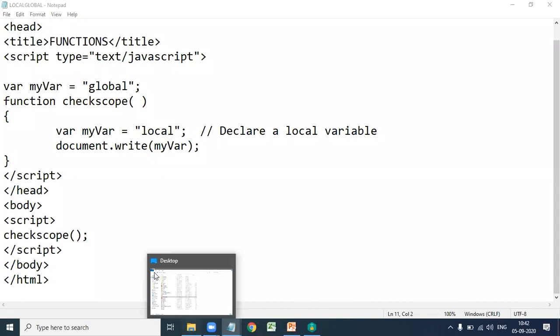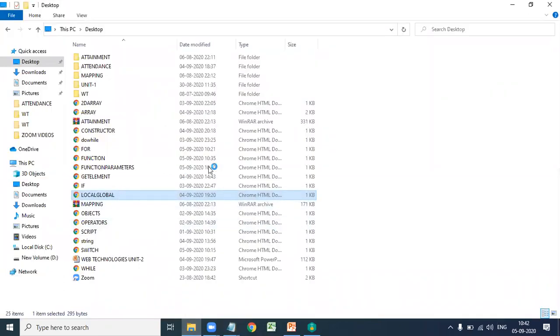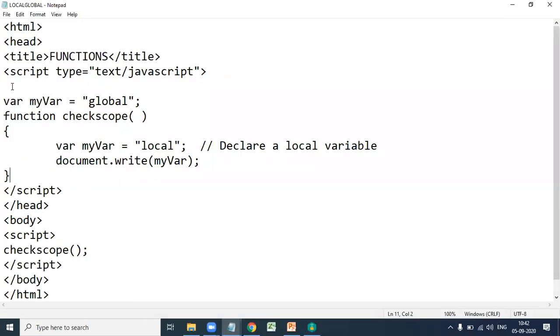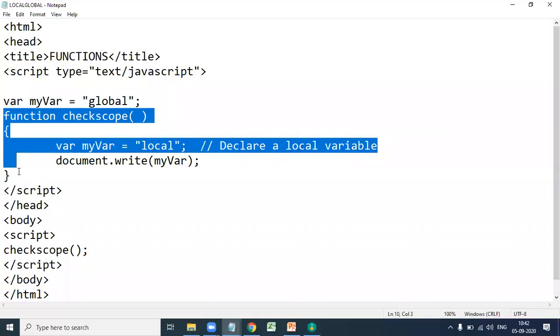Let us execute this one. It prints the value local. So this is about local variables and global variables. A global variable is declared at any part of the program, and a local variable is written inside the function definition.